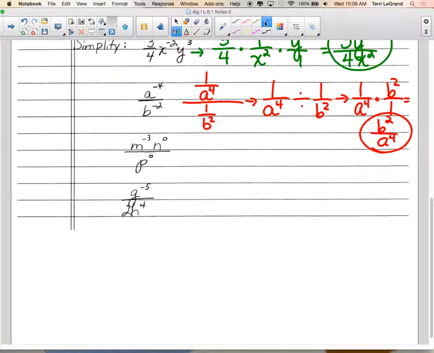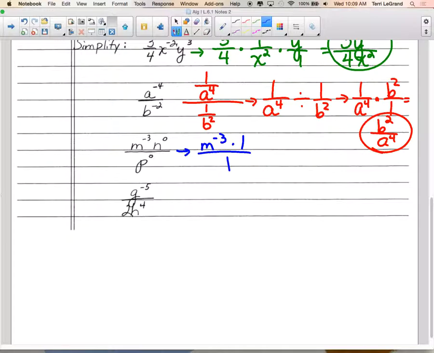M to the negative 3 times n to the 0 power upstairs, and downstairs we have p to the 0 power. Oh, what's the deal here? Well, 2 to the 0 is 1. So technically, if we just want to start there, we got times 1 and over 1, right? We can technically say those variables to the 0 power are just ones because we get to assume